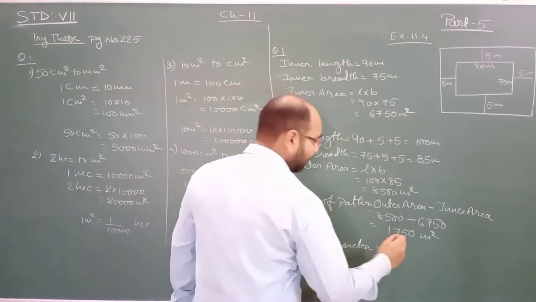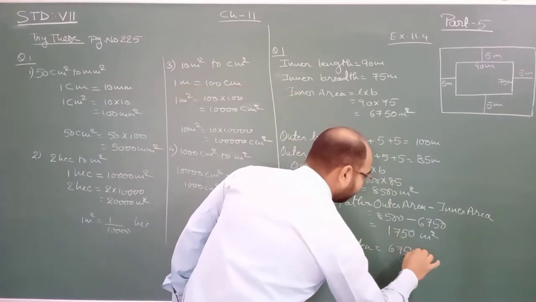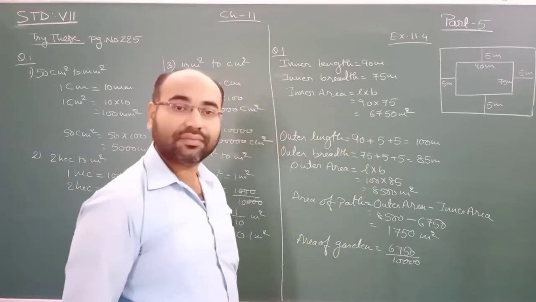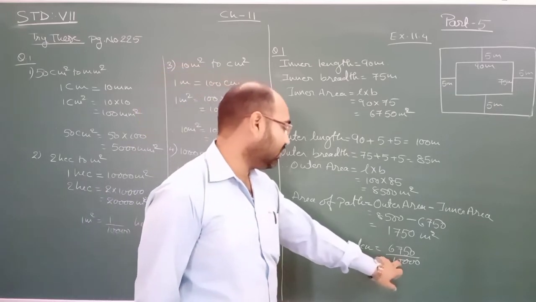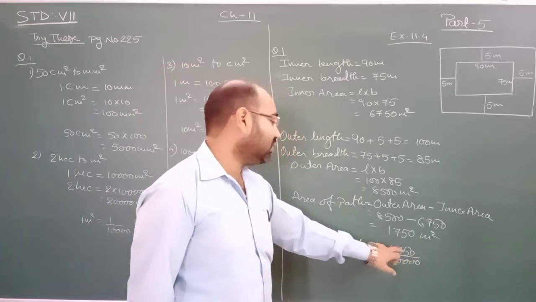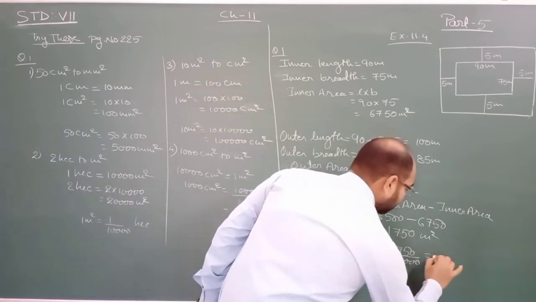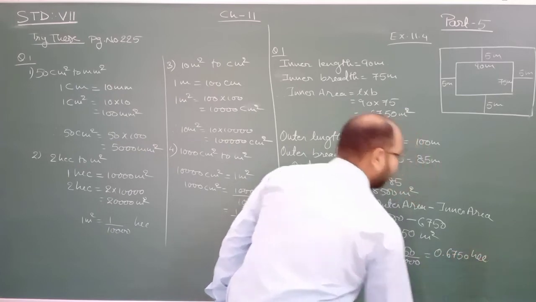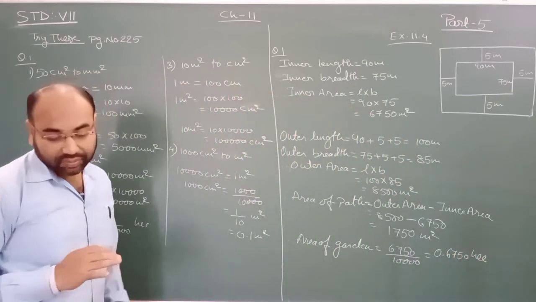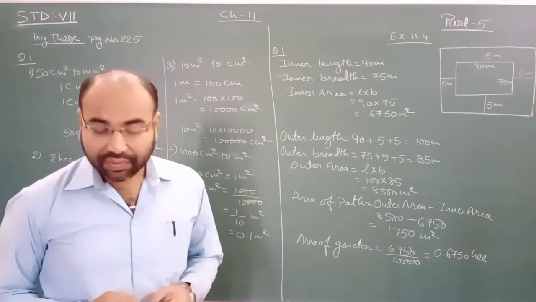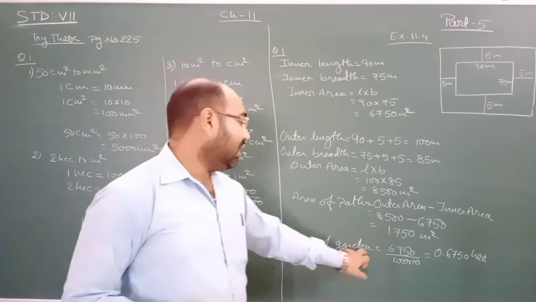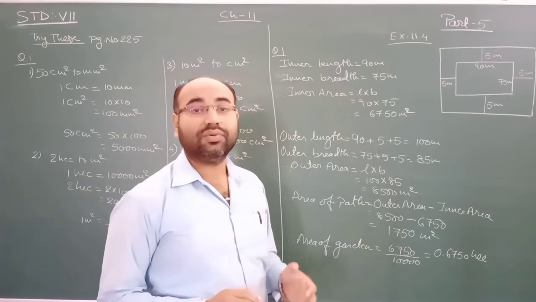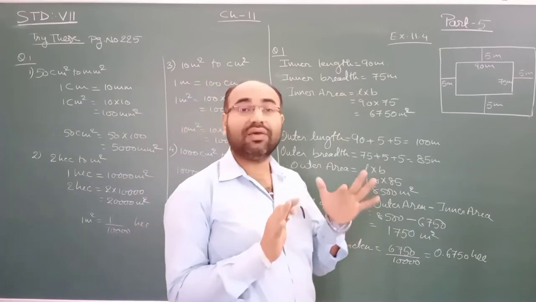So हमको एरिया क्या मिला था गार्डन का, 6750 divided by 10,000, कितने डिजिट्स है, 0 है, 1 2 3 and 4, so 1 2 3 and 4, so our answer comes 0.6750 हेक्टर, जो हमको क्वेश्चन में पूछा था, we have to find out। So area of garden in hectare कितना हो गया, 0.6750, so this is how you have to do it।